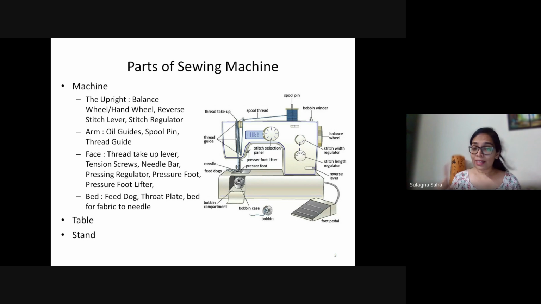The higher the SPI, the faster the feed dog would move. Because I hope you can follow me here, the higher the SPI, meaning there are more stitches in 1 inch. The more stitches in 1 inch, the feed dog has to move the fabric faster. The fewer stitches per inch, the feed dog will move the fabric slower.